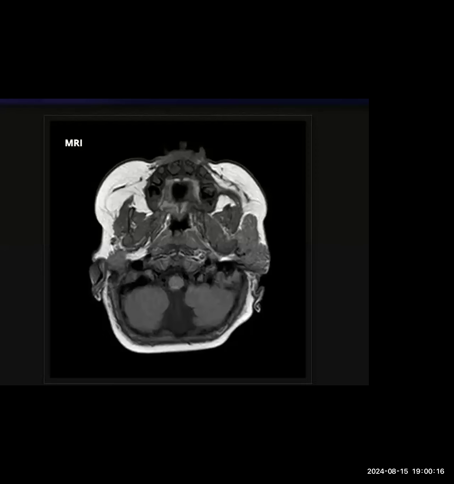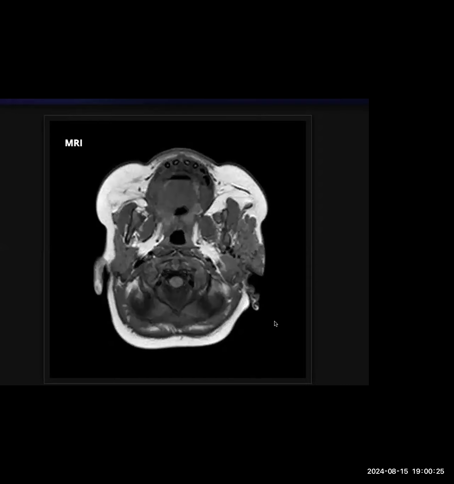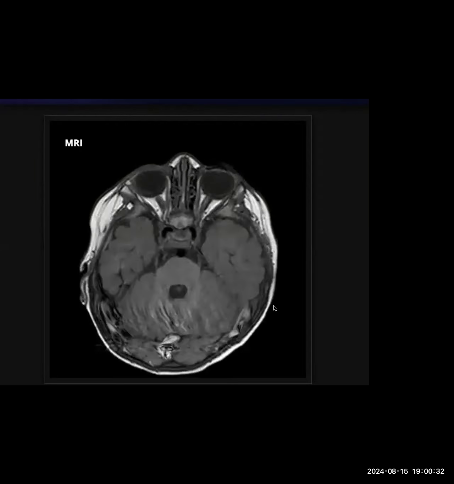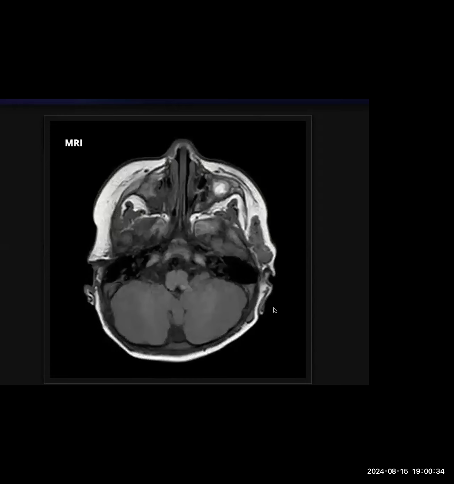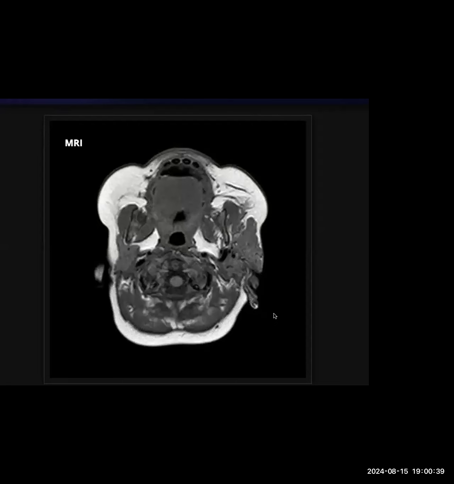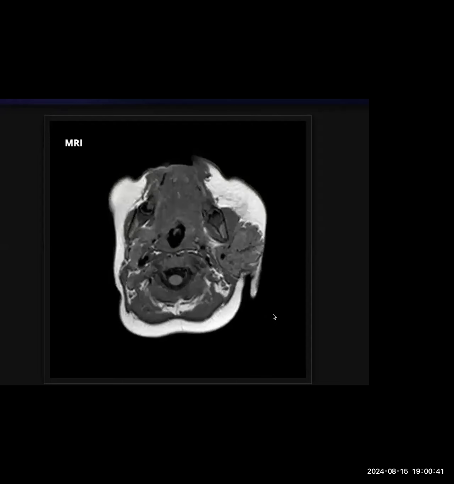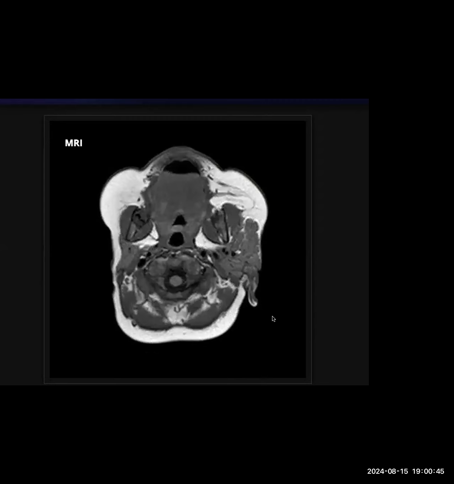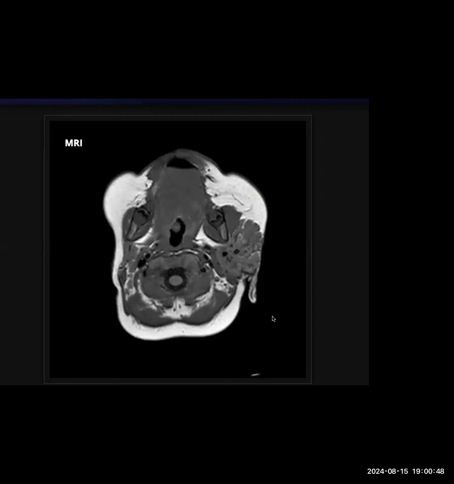Okay, this is your next case. You can ask for control. So this patient is a pediatric patient presented with swelling in the face. I am presented with the MRI of the neck in T1 weighted images of a skeletally immature patient. So on the T1 weighted images, I see that